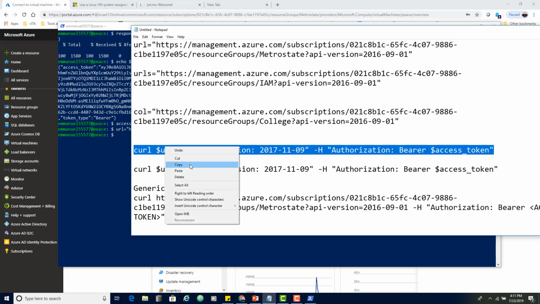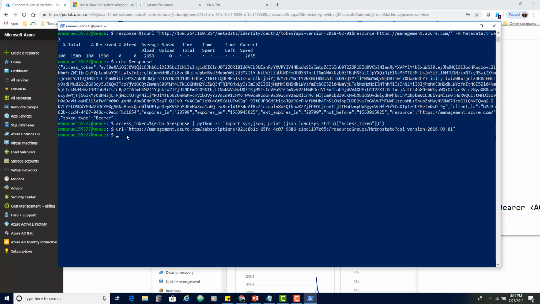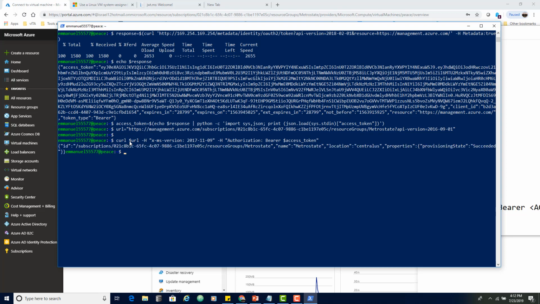This command is relatively straightforward. It's the access token that I created over here, a placeholder that I'm calling here. And it's a URL that I defined over here that I'm calling over here. Alright, so if I come over here and I press enter,